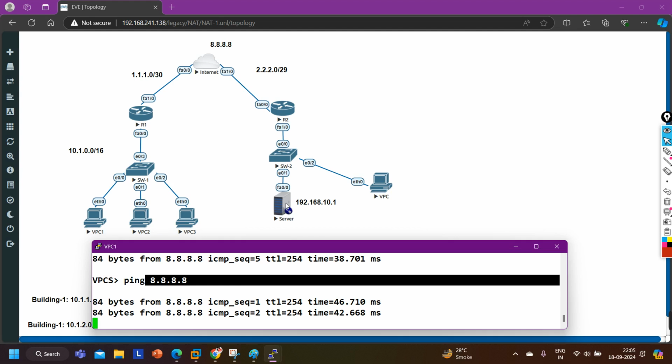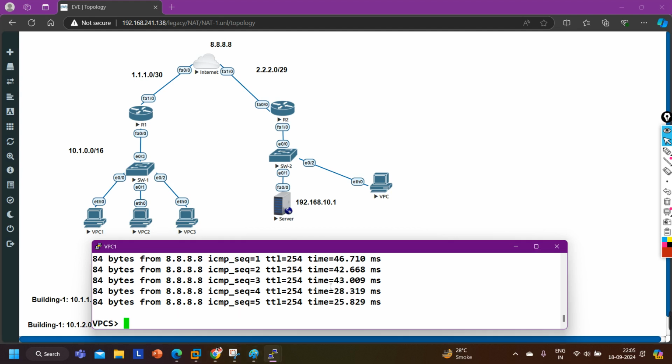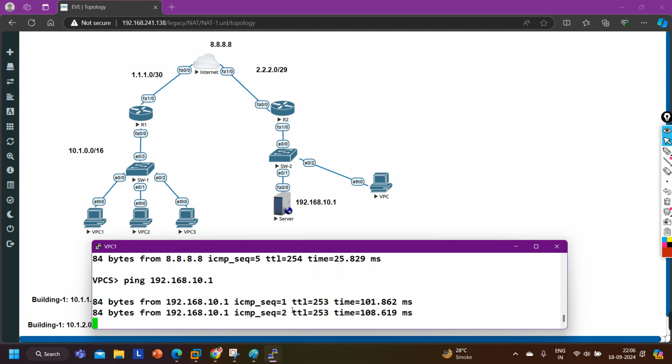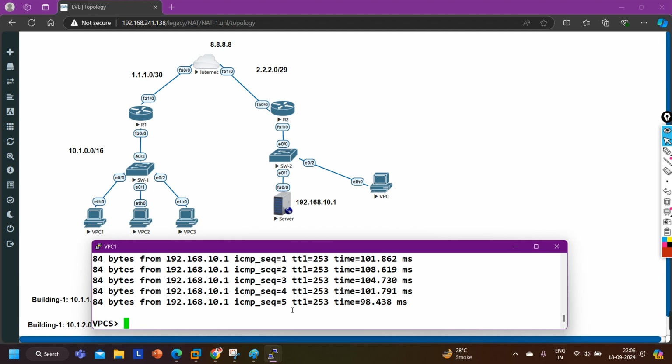So it will not add the GRE header. But when I am pinging 192.168.10.1, what will happen this time? The destination will match the static route and the exit interface is the tunnel interface, not the physical interface. So it will add the GRE header. Done.